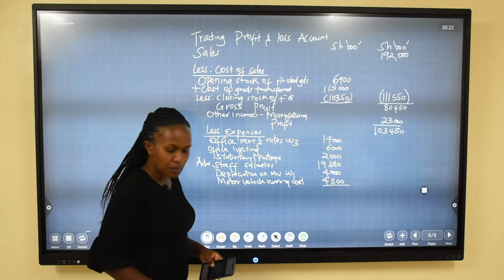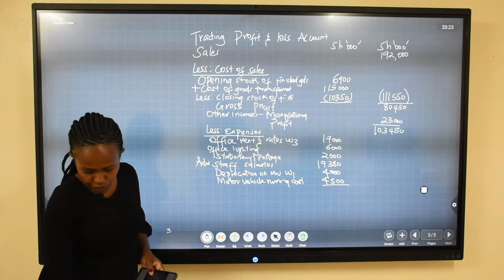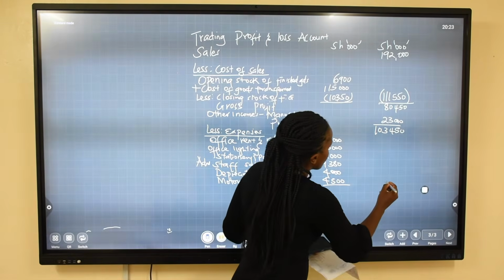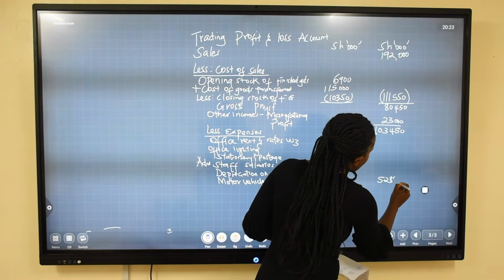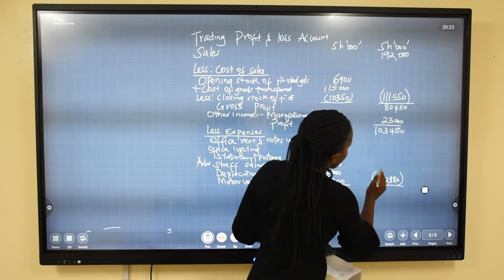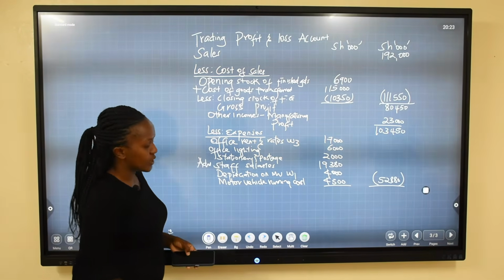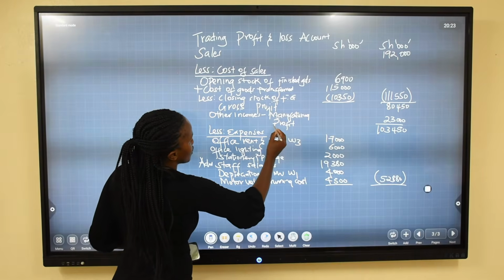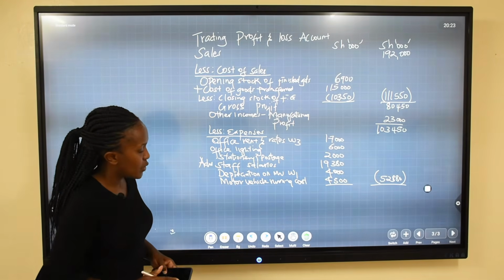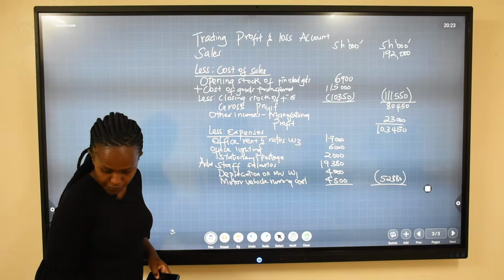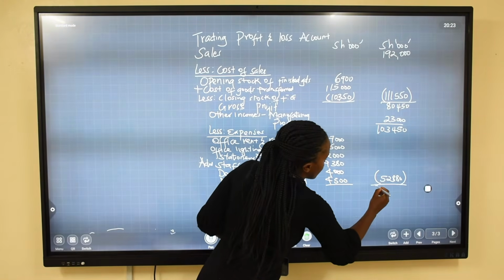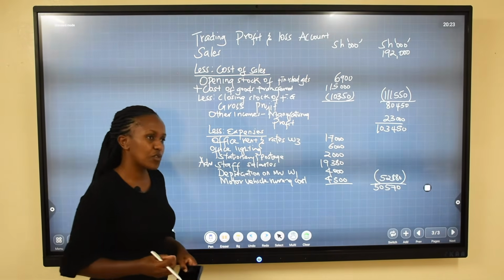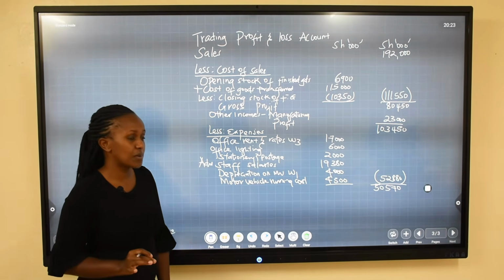So the total of all these expenses is going to give us 52,880, which we are going to less from the gross income, what we had here after adding the manufacturing, which was a gross income of 103, and you are going to get 50,570. At this point is why, in accordance to the prudence concept, remember the prudence concept requires that you do